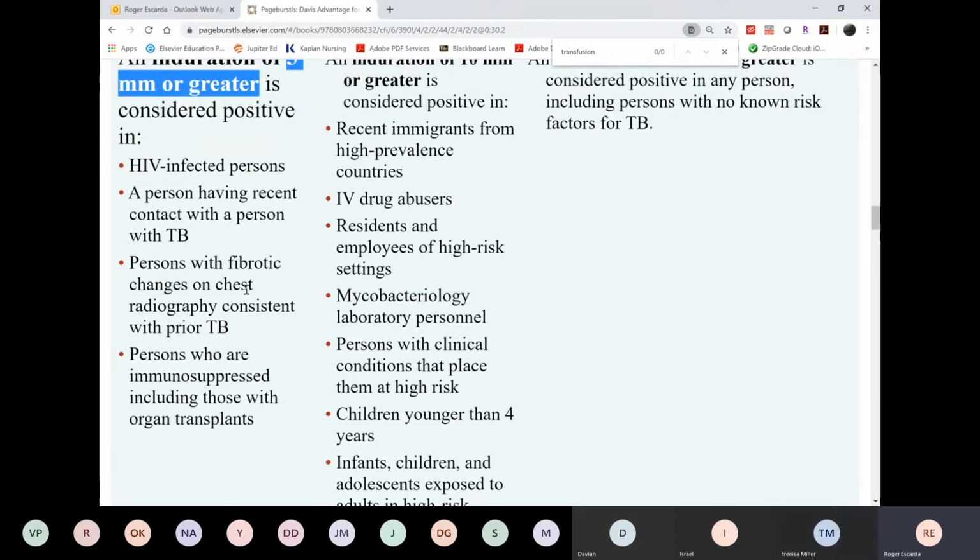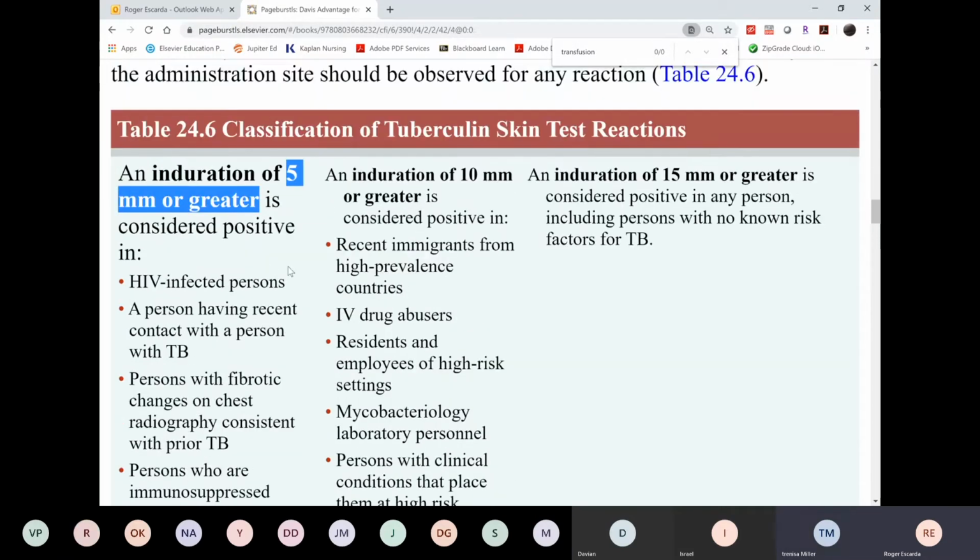Why? Maybe because you're so close to them. So it is because of the sensitivity. Not really. I think it's because they are already immunosuppressed, immunocompromised. Okay, because the induration here, when you plant a PPD, it's actually your immune response that causes the reaction,